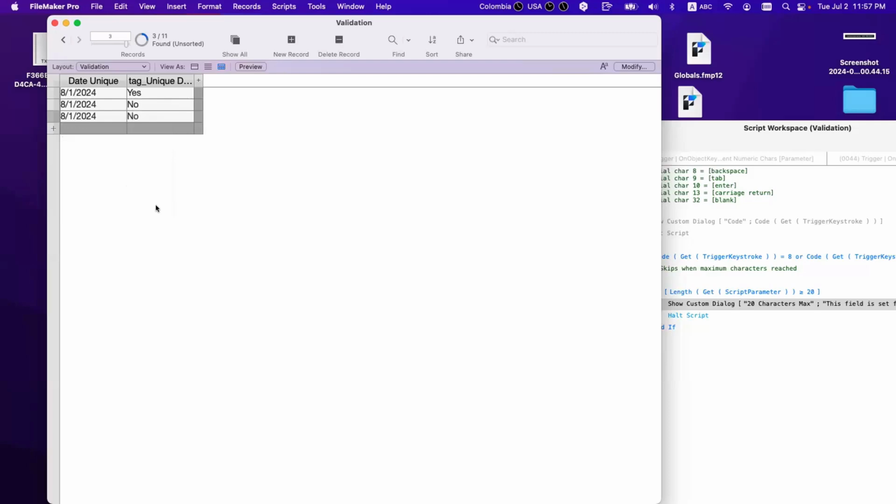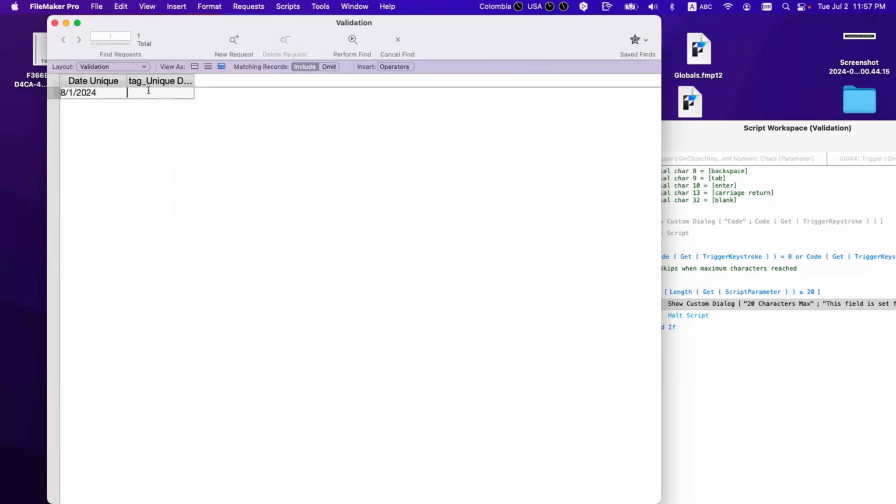Unique, no. So you can say, okay, I want to keep the first that I put there, right? Let's say you have many, right? And you say, okay, I want to keep the first and eliminate everything else.